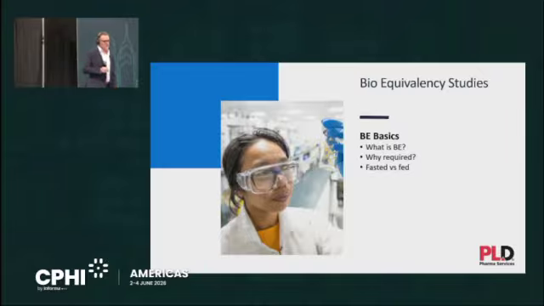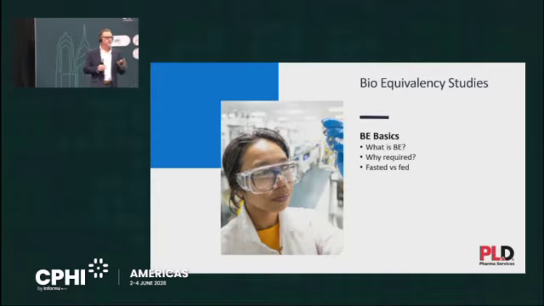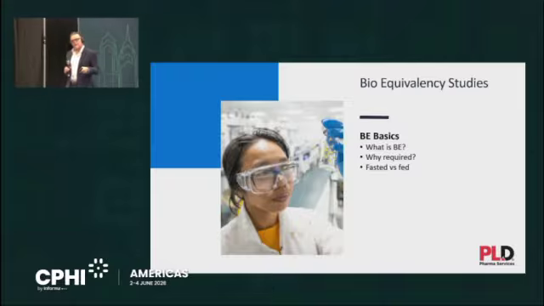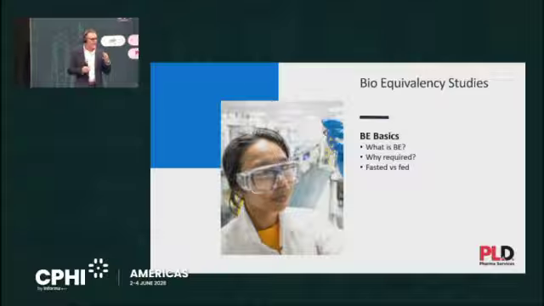So what is a BE? Bioequivalence study. In order to make a generic product, the FDA has said, okay, the brand company has done all of these bio studies in order to prove blood levels, prove efficacy within their label claims. If you want to put a generic product out there, you're going to need to match it in a bio study. So essentially what happens, in a basic two-way crossover study, is that you'll have, we're going to make up a number,